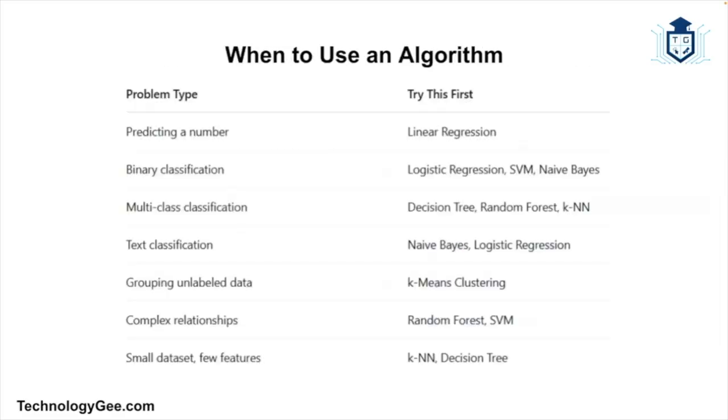All right, so I know that was a lot. So here is a handy little guide to help you choose the right algorithm if you're into this type of stuff. So go ahead and take a screenshot and get this in your life if you need it.